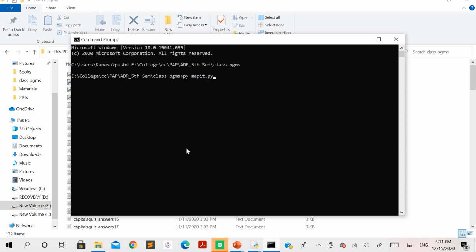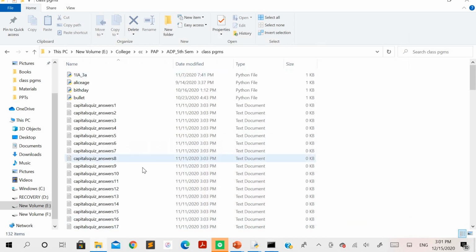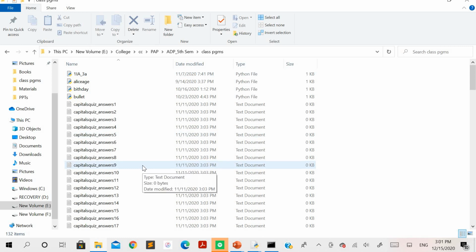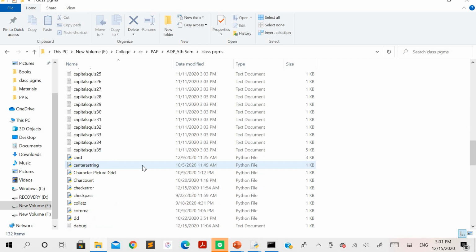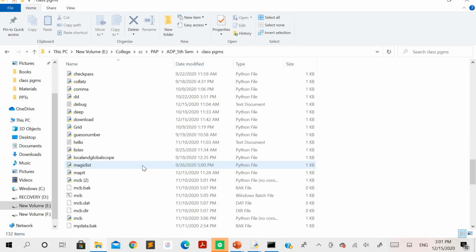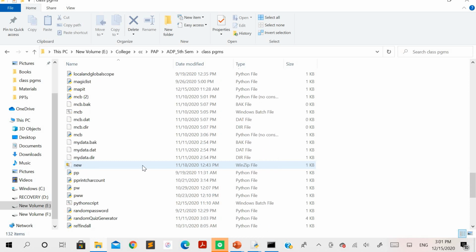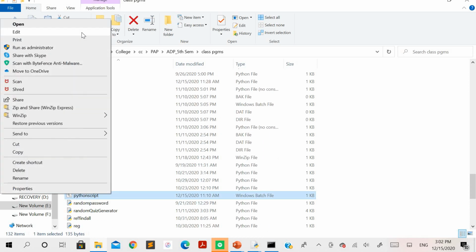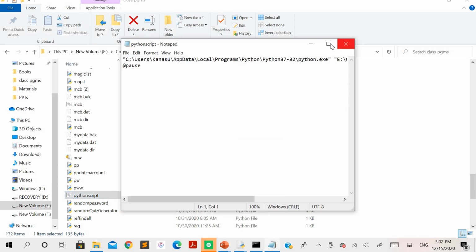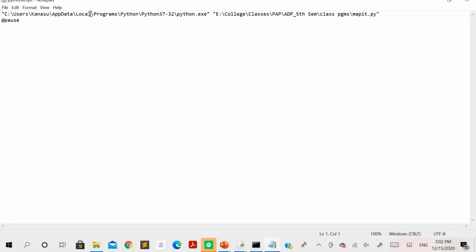So before running this program, I'll just recall one more thing. Probably you might have forgotten the steps to execute the programs using the command lines. So within the same folder, I told you that you should have a Python script file here. This one. So the Python script file which is created with the notepad.